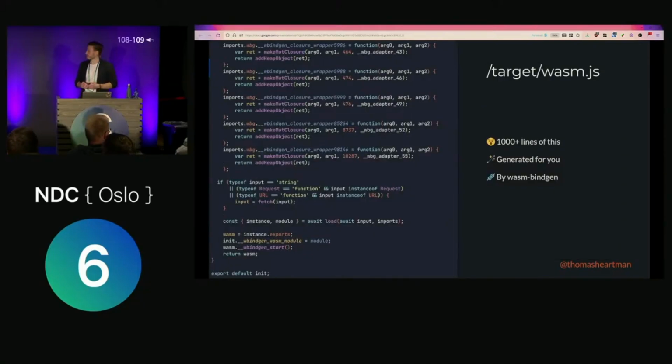And this file is over 1,000 lines of magic numbers, of obfuscated lines and names, and it's really sort of nasty. You really don't want to write that yourself. Luckily, you don't have to. It's generated for you